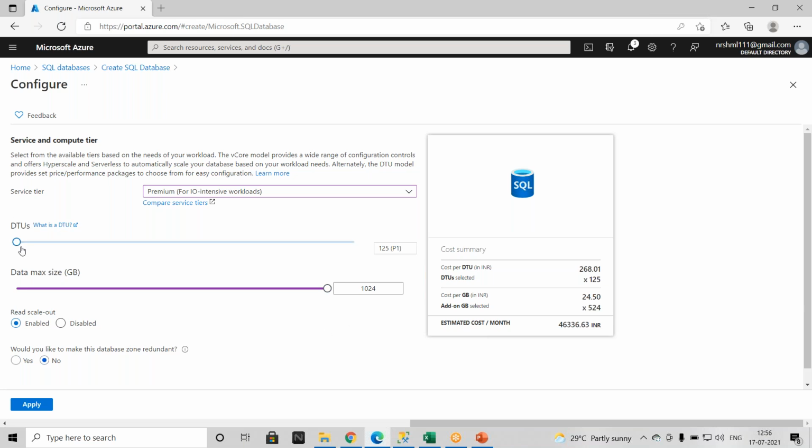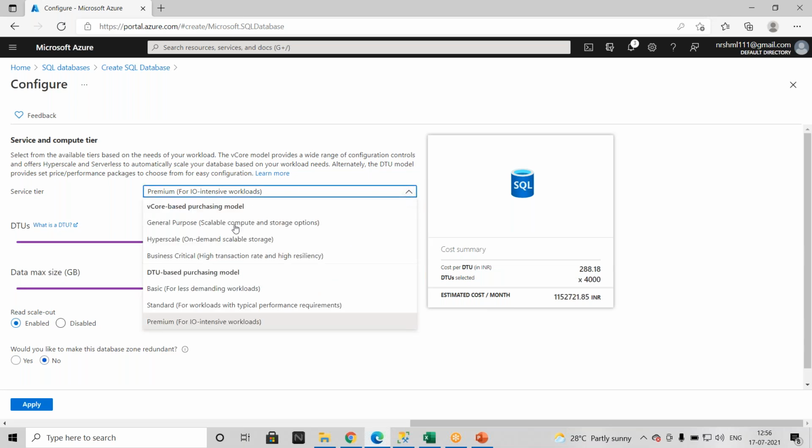For compute you can go up to 4000 DTUs, and your database size can be maximum 4 terabytes. When you go for premium, we have one more advantage, the scalable read scale out. That is completely about the DTU purchasing model.